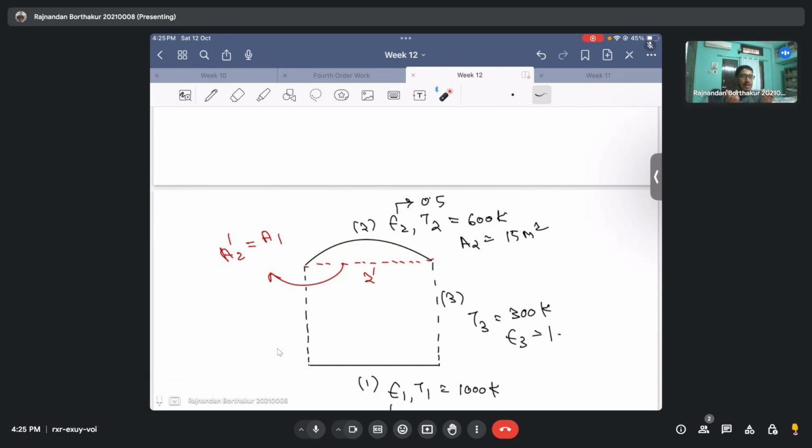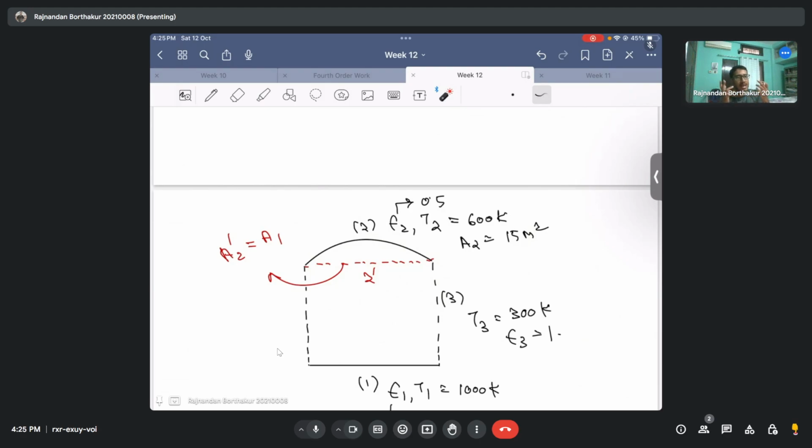If this had not been the case, we could not have written a2 f23 is equal to a2 prime f23 prime. This won't be possible if all the energy that is coming to the surface 2 did not pass through the surface 2 prime. But here, since this fictitious surface is such that all the energy that comes from the surface 2 should pass through surface 2 prime, we could write that and indirectly find out the expression for